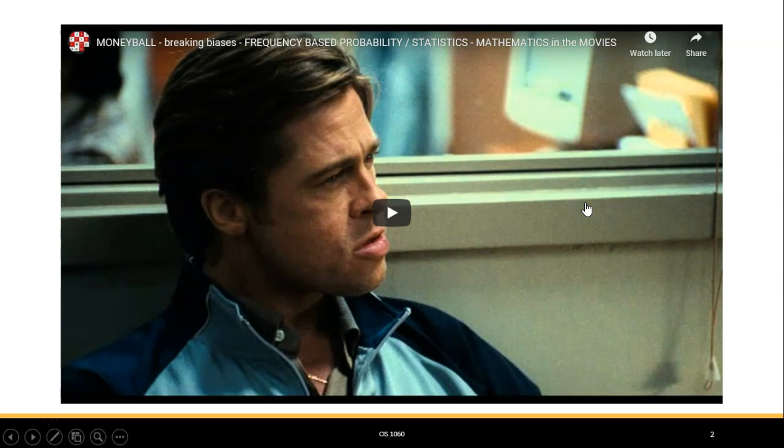way they would win. Now, the Oakland Athletics was one of the poorest Major League Baseball teams at the time, and they could only afford mid-level players. And using statistics and data analytics, they were able to purchase the contracts for players that would deliver a win. Now, I'm not going to tell you how far they went through their season, but it was